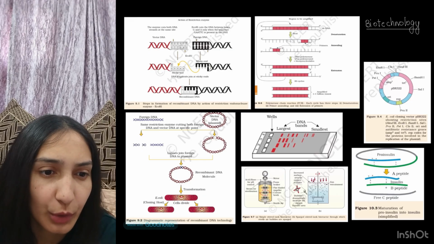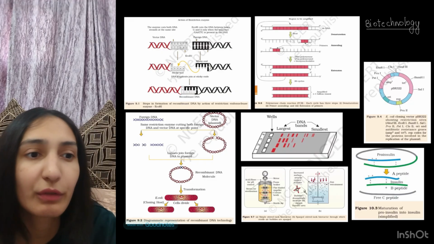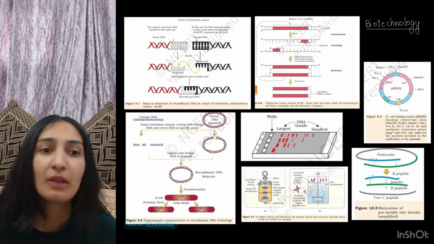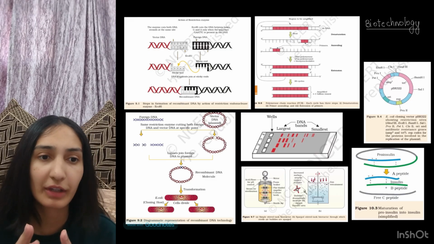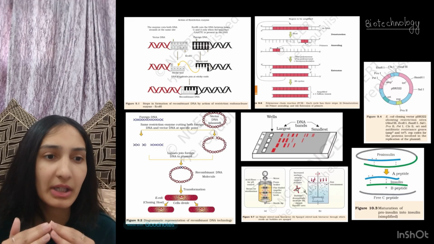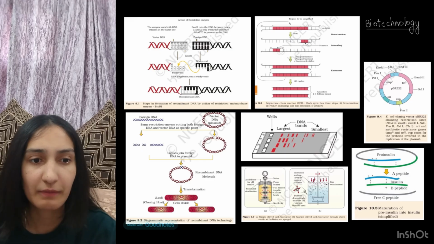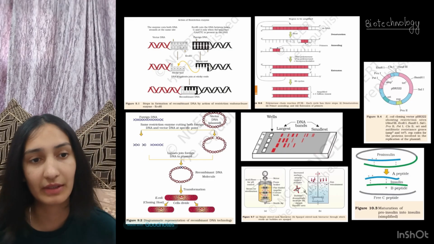Now in figure 9.2 we have the diagrammatic representation of recombinant DNA technology. Again we have the foreign DNA, we have vector DNA, that is plasmid. We will use the same restriction enzyme which will cut both the foreign DNA and the vector DNA at a particular specific point. Then the ligases will join the foreign DNA to the plasmid. Then the recombinant DNA molecule is formed. Then we will have the transformation. Then we will put them in a cloning host. For example, most commonly we use E. coli. Then the cells will divide.